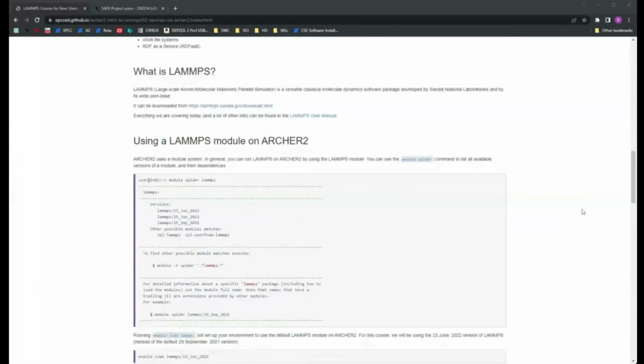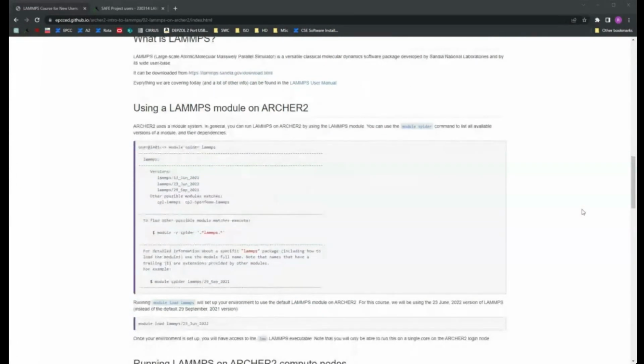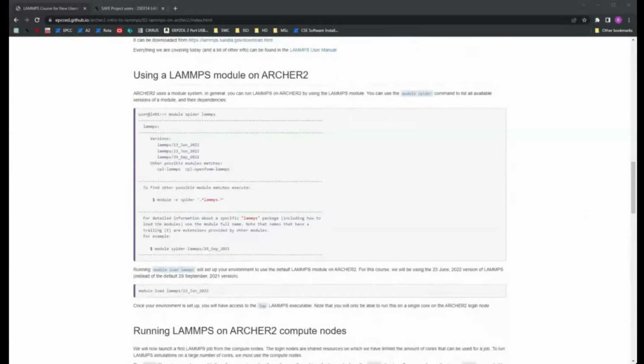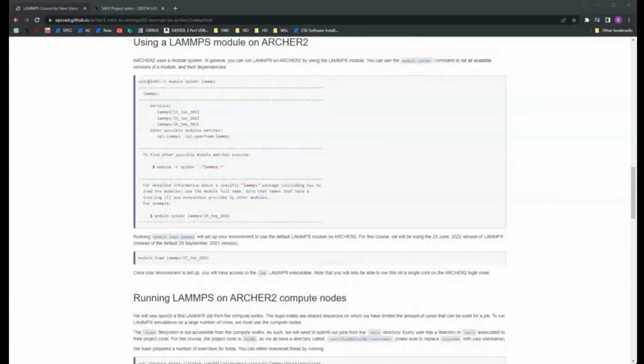Okay, well, then let's step into how to load LAMMPS when you want to use it. So the way that most HPC systems are built is that you don't have access to all the binaries or all the versions of all the binaries at the same time. You'll need to ask the system to access them. The way that is done in ARCHER2 is with the module command. The module command has several options. One of them is the load option, so that you can... yeah, sure, maybe showing instead of telling might be a good idea. Give me a second to